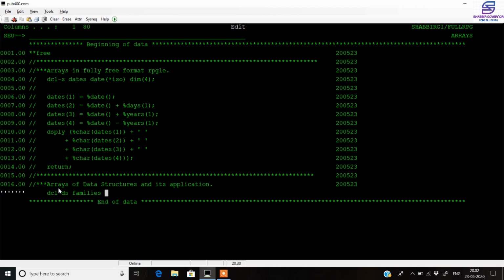So let's quickly write it. It will be a qualified data structure, so that we can call each and every attribute of this data structure by just using the dot operator on the name of the data structure. So we write QUALIFIED, DIM as 5.